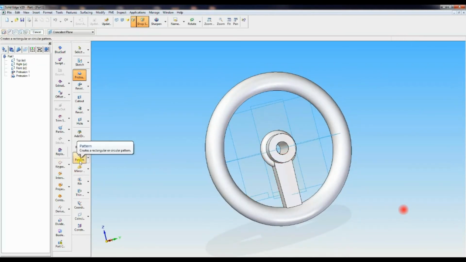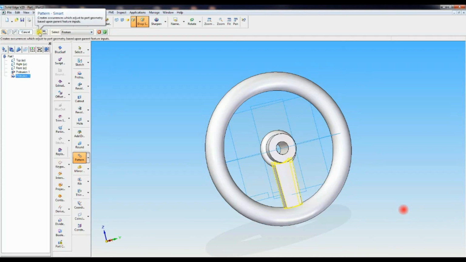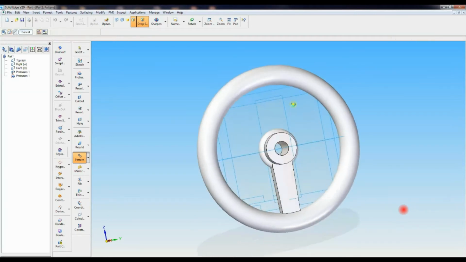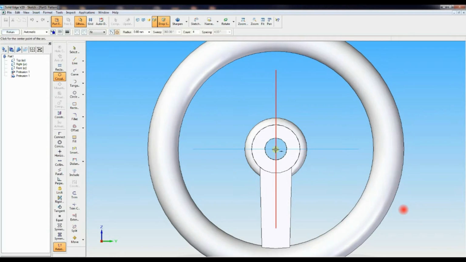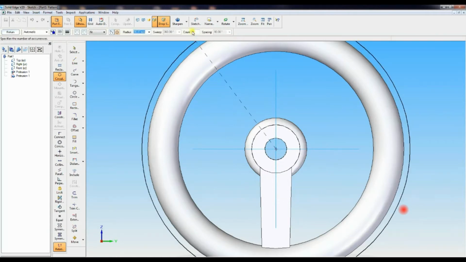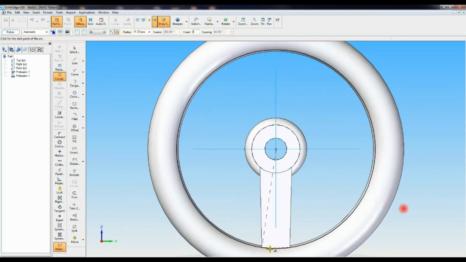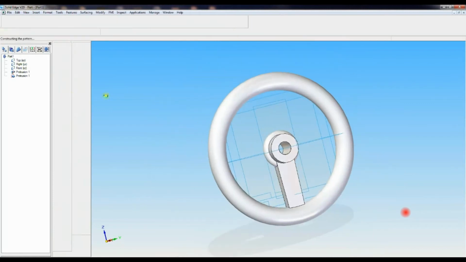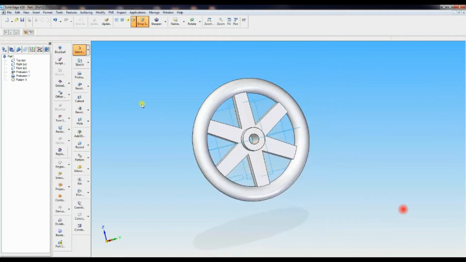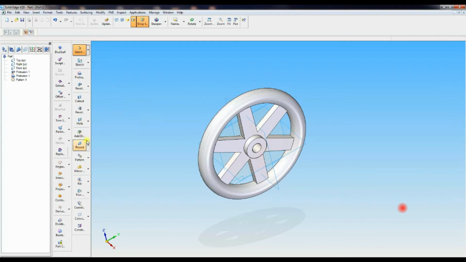Now similarly you have to do this pattern for 6 parts. Select circular pattern, then click right mark. Then you have to select that part profile. Then you have to select the plane. Now you have to draw from the center, simply draw this circle. The count you have to change to 6 on the profile, like the circle you have to draw. Then click OK and return. You can see the 6 newly created parts.